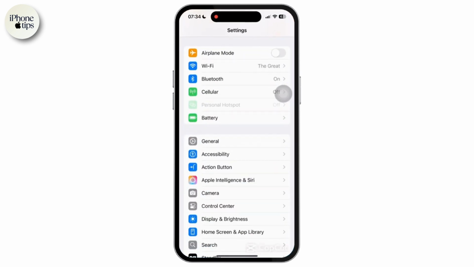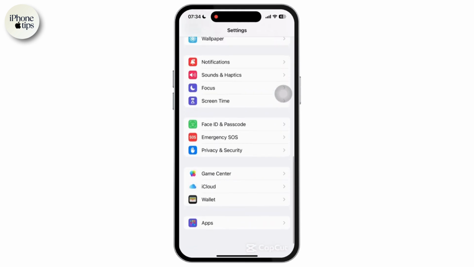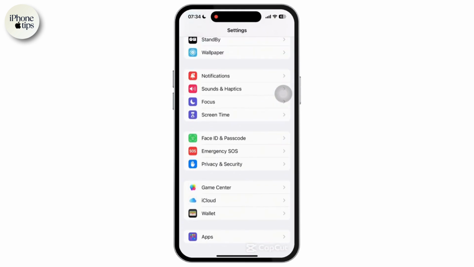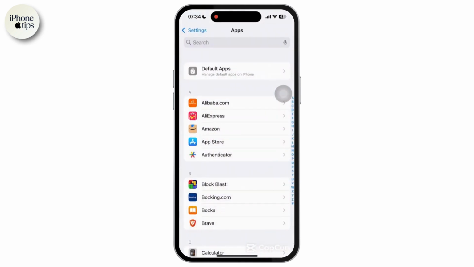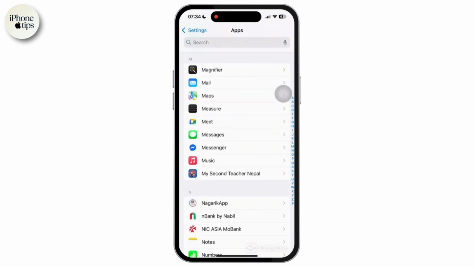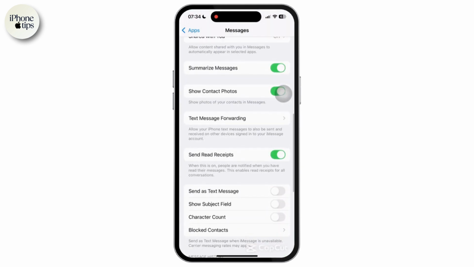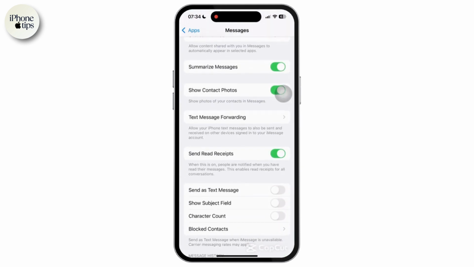Once inside the Settings app, scroll down to the bottom and tap on the Apps option available there. Inside Apps, again scroll down and look for Messages and simply tap on it. Once inside Messages, all you have to do is scroll down and look for the MMS messaging option